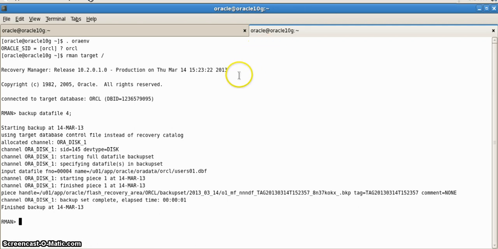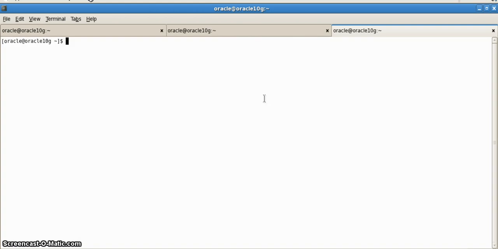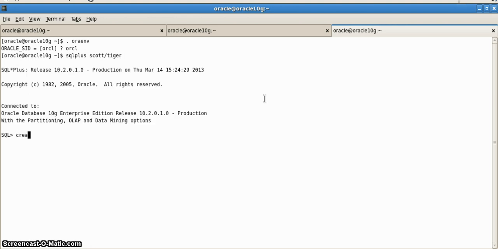Now once this is done, we will also connect to a user named Scott. Here I have connected to Scott and we will create a table named T1. We will put 5 entries into it.